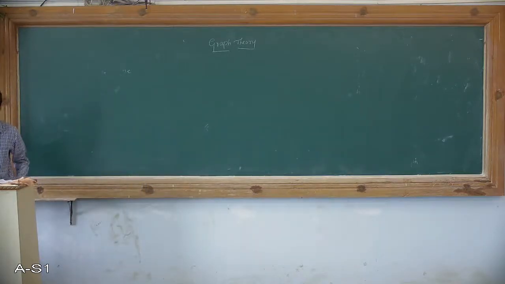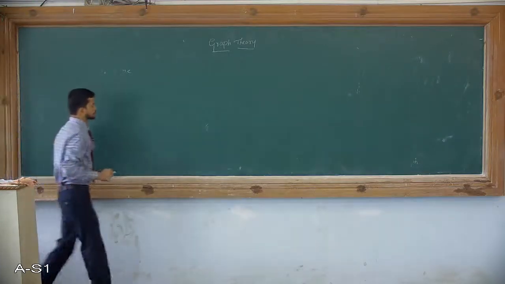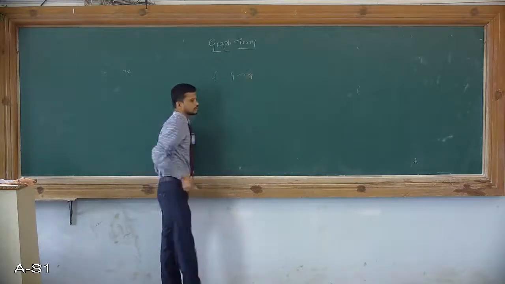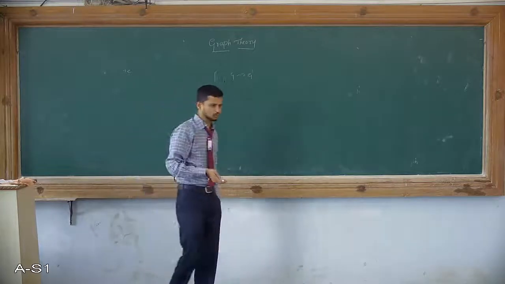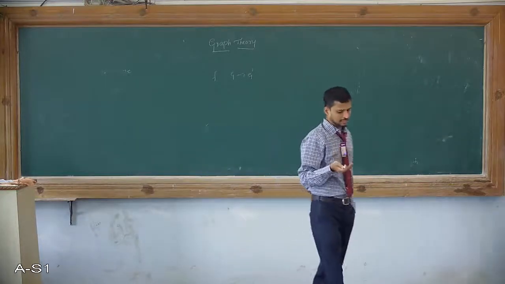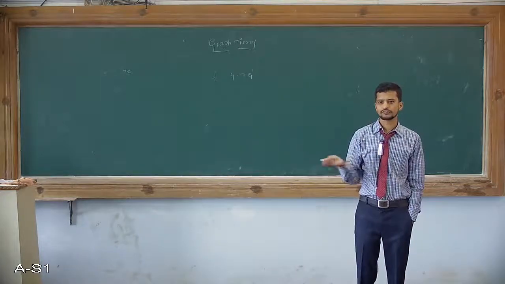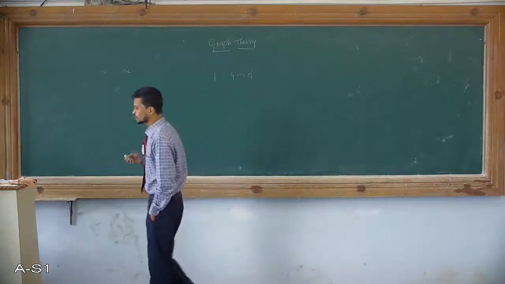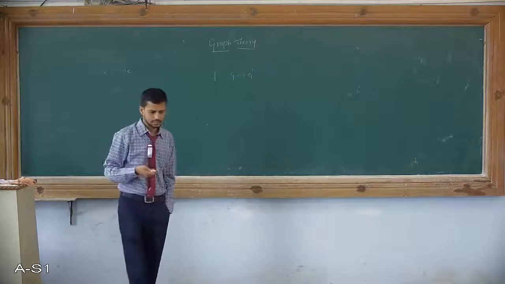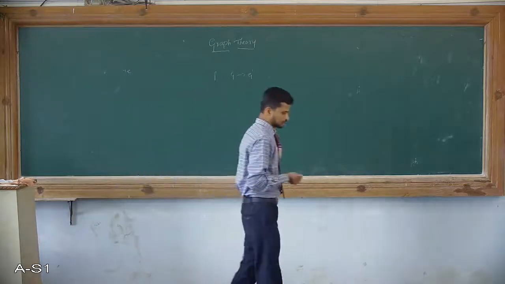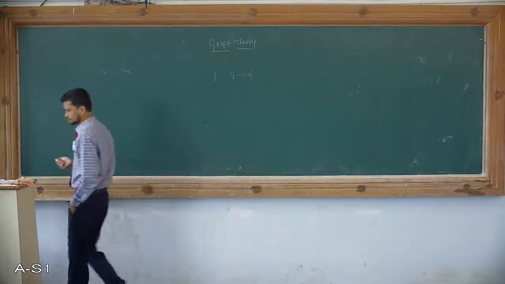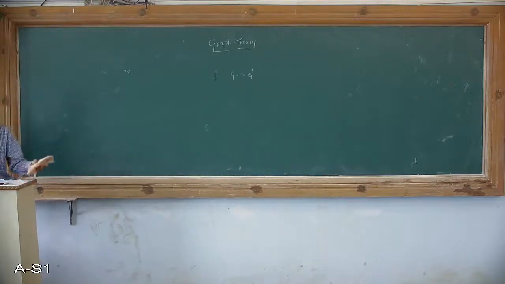Here, if I want to prove an isomorphic graph, say for example f from G to G dash, here G is one graph and G dash is one more graph. If I say f is an isomorphism, if it is a 1-to-1 correspondence with the vertex set and an onto correspondence, then that is said to be an isomorphic graph. First I will write down the basic theoretical definition of isomorphism of a graph, then I will take up a simple example.